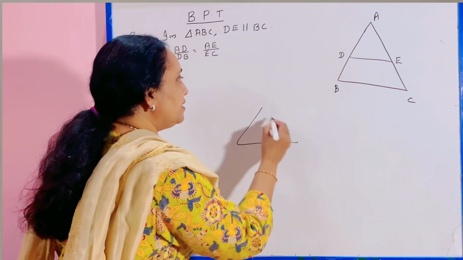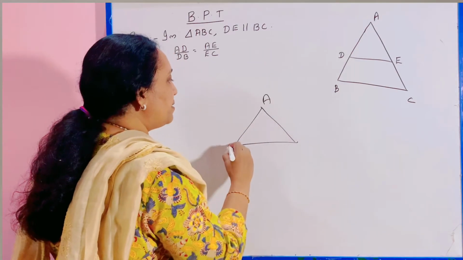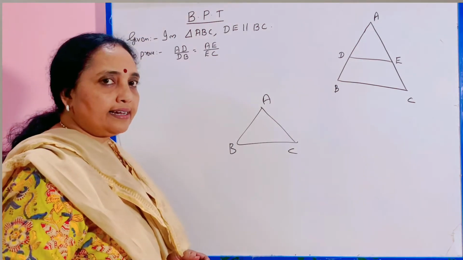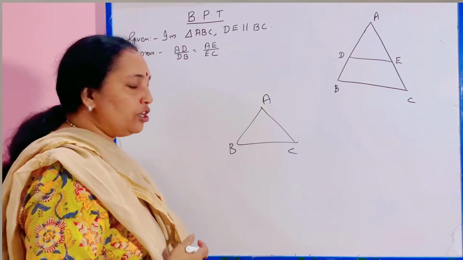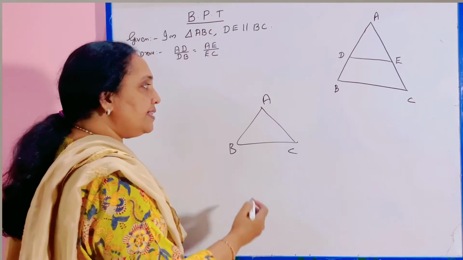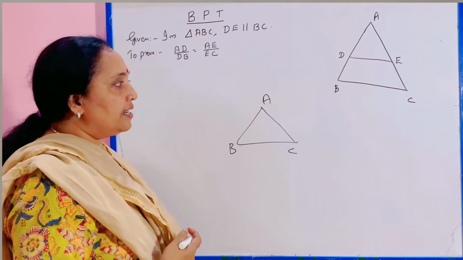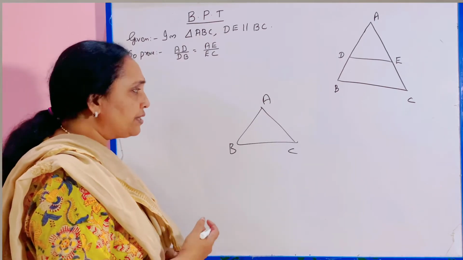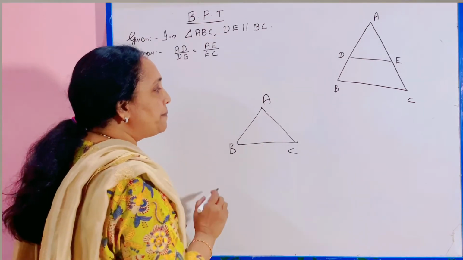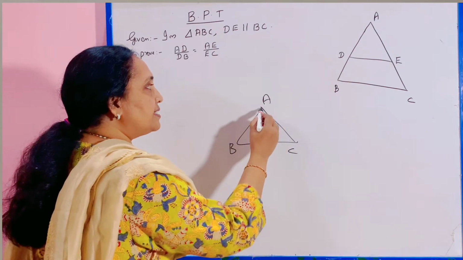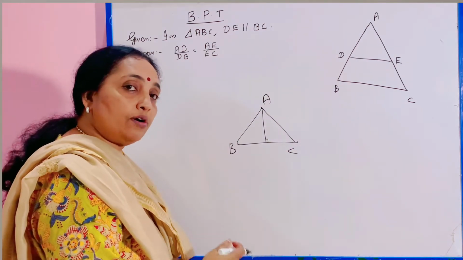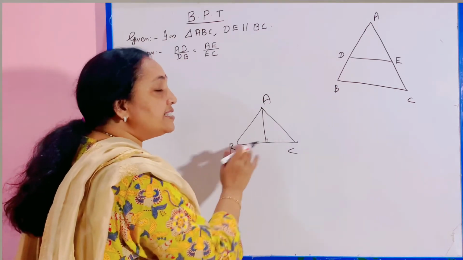See this triangle. This is triangle ABC. This is an acute angle triangle. Acute angle means all the angles are below 90 degrees. So in this triangle, you know that the area of the triangle is equal to half into base into height, and you can take any side as the base. If I am taking this as the base, this should be the height. So in an acute angle triangle, all the altitudes will be inside the triangle.